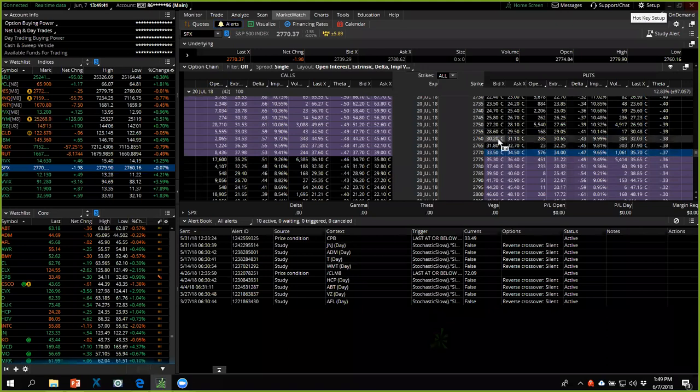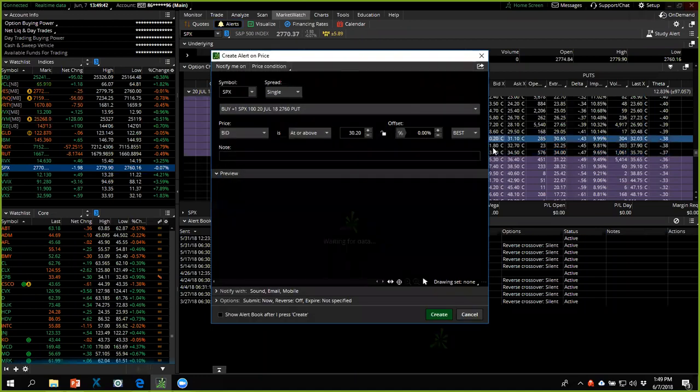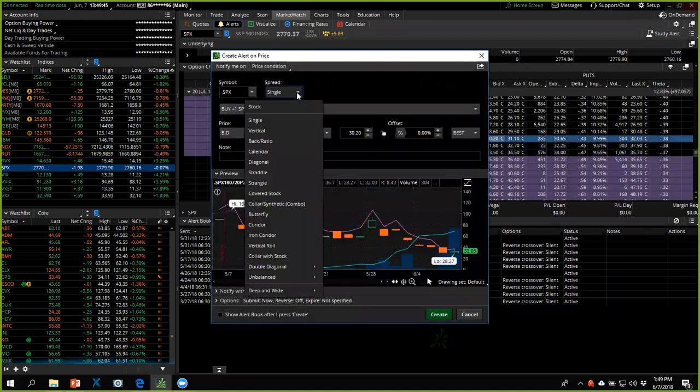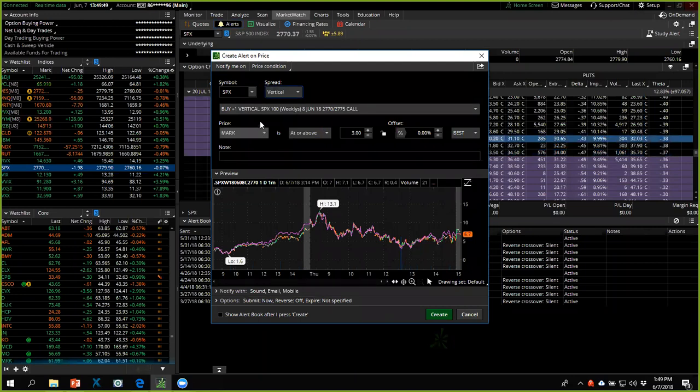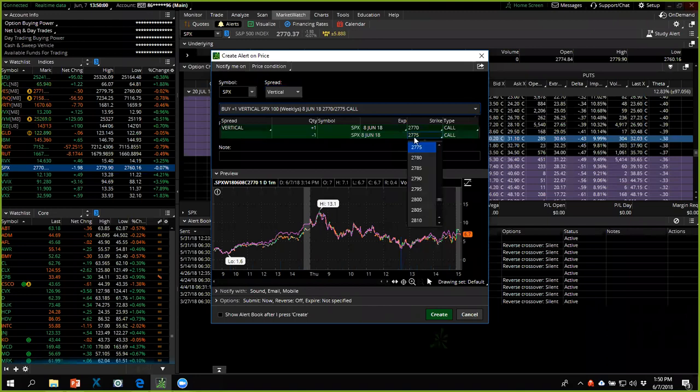70, 2760. Yeah, we go in here, we make it a vertical. The strikes are wrong, so I need to fix those strikes. There we go. We bought the 27, we sold the 2760. There. Okay. So